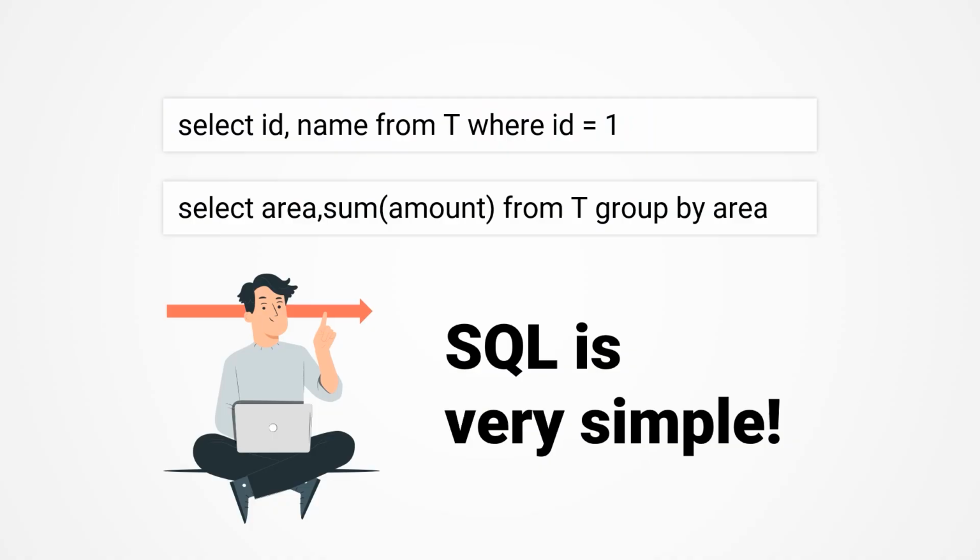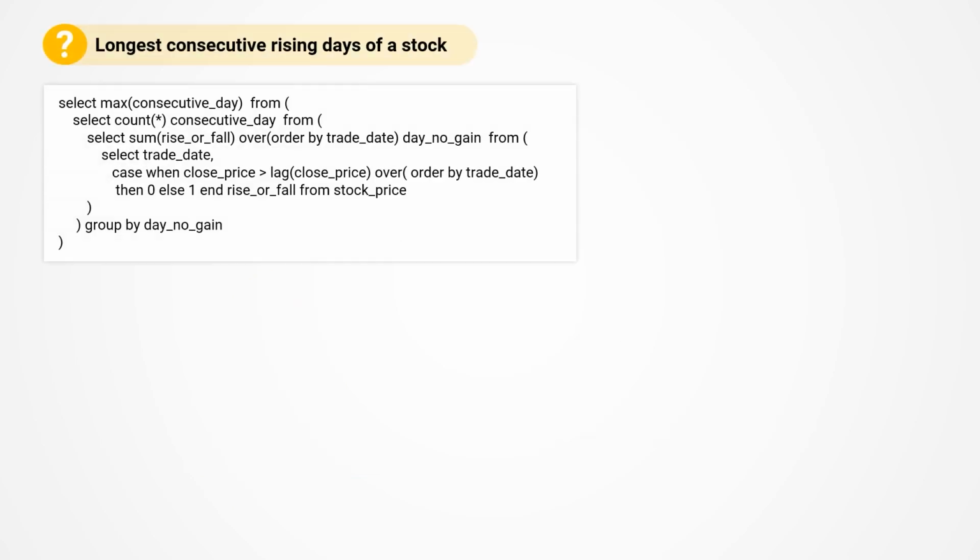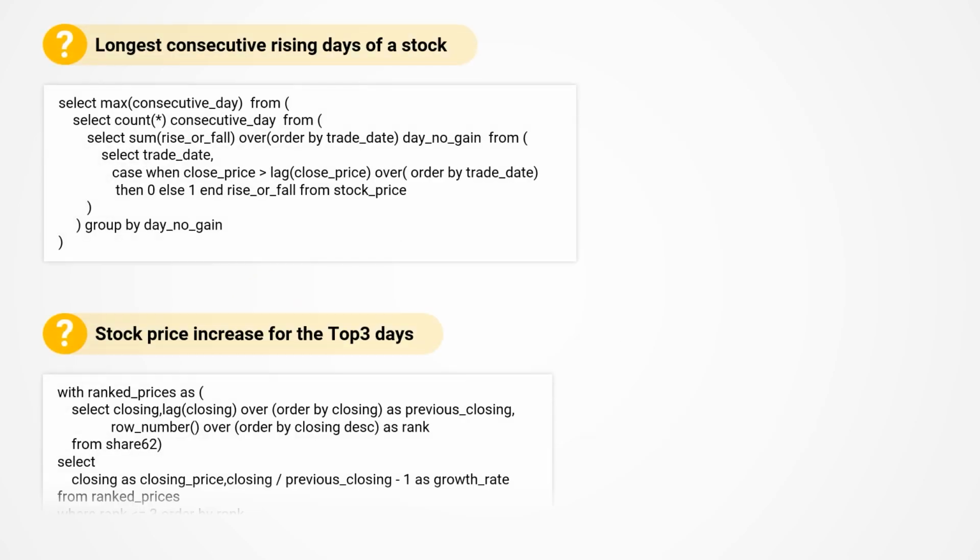Almost all data scientists use SQL for exploration and analysis. SQL looks very simple and has a certain degree of interactivity, and using it for data exploration and analysis seems very good. However, when the situation becomes complex, the complexity of SQL code will increase sharply, making it not simple anymore. For example, the longest consecutive rising days of a stock, the stock price increase for the top 3 days,